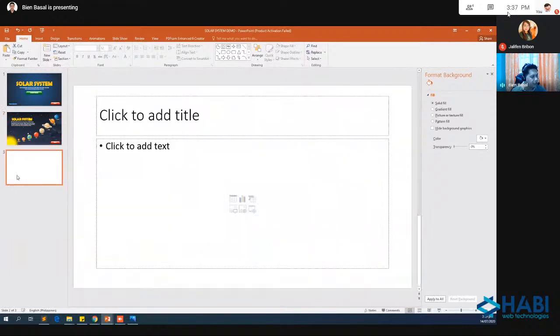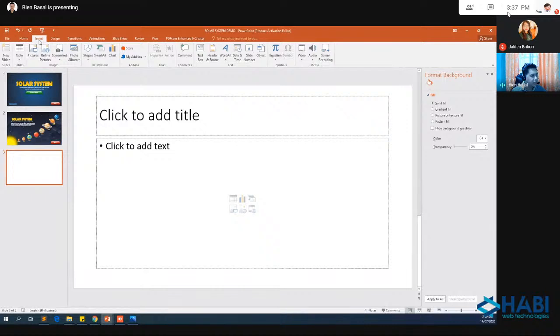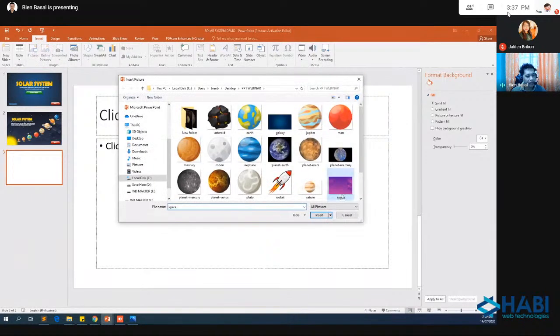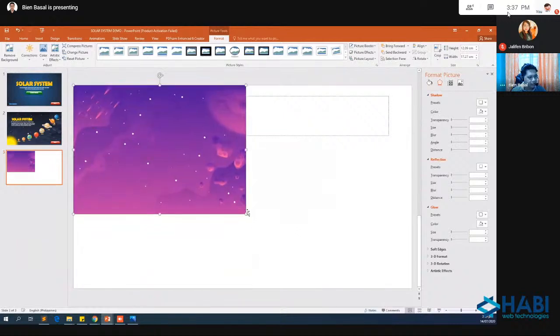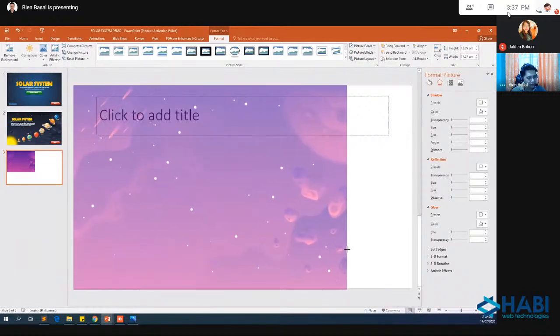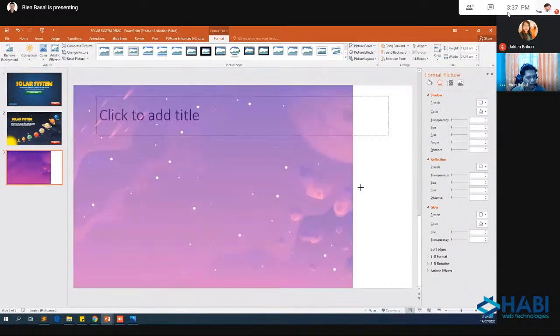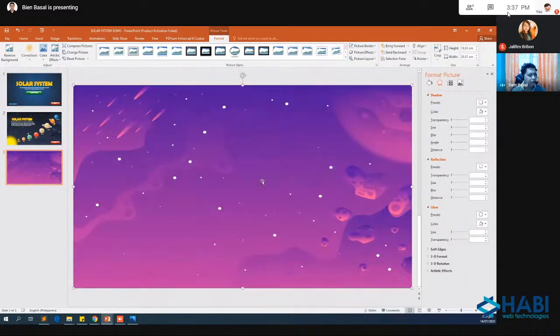So if I will select here, again, I will insert picture. And I will select again this one, the space. Okay, space, select. And I will resize. After inserting this same image, notice na wala po yung container ng text.